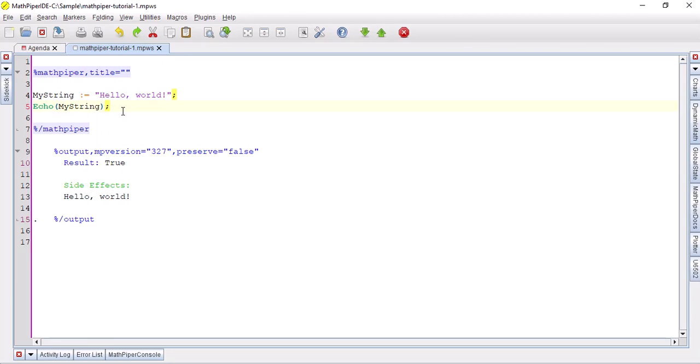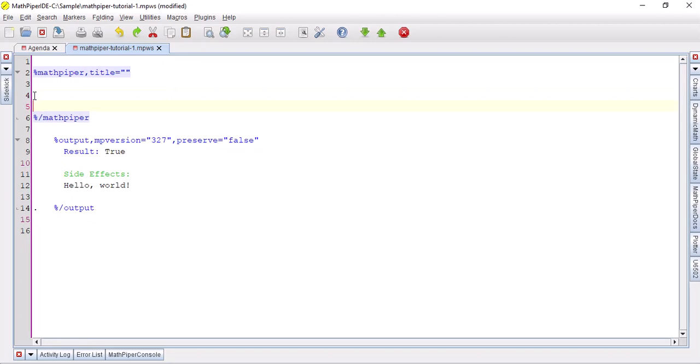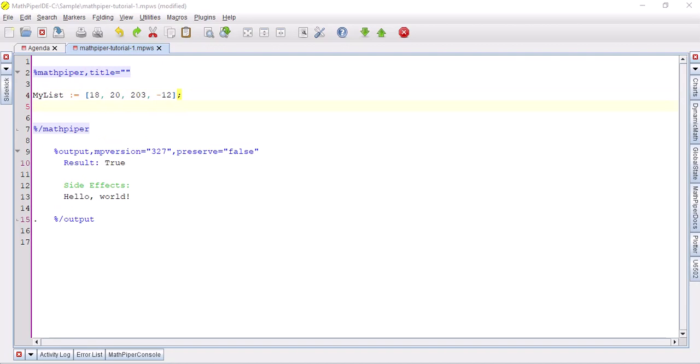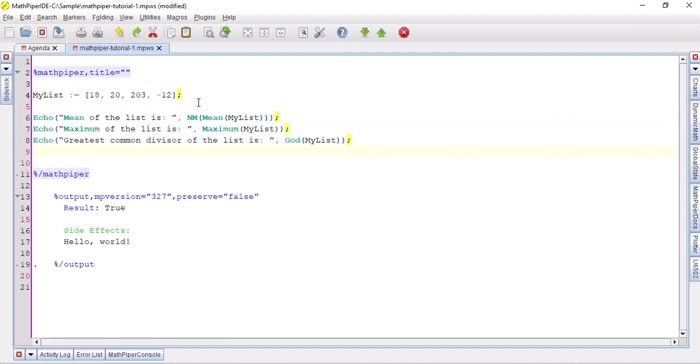One nice thing about strings is that now that we have strings, we can use them to label our side effects outputs from our echo functions. So remember before when we had some list of values, and we had the mean, the maximum, the GCD. Well, what if instead you had this, where echo and then a string explaining the mean of the list is this, the maximum of my list, the greatest common divisor is this. Now, when we run it,